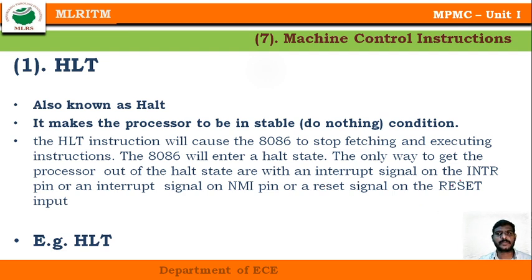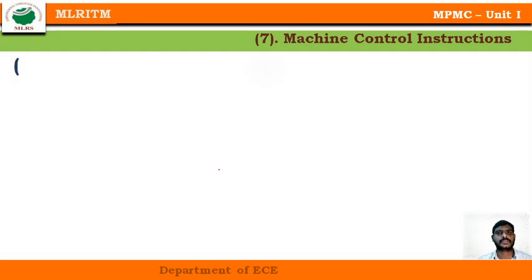So these are the different pins that make your system come out of the halt condition, whether I generate an interrupt, or a high priority interrupt on pin number 18 or 19, or if I reset my system, the system comes out of the halt state.